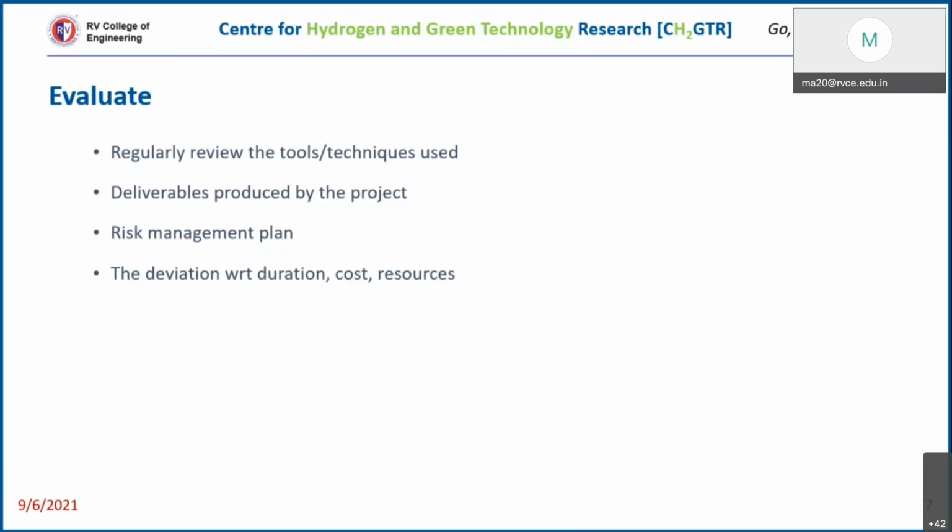Of course, anybody will do a project. If you do not evaluate at the end of the project what was planned, what did you do, what went wrong, and what were the measures that you took, that is very important. Introspection at the end of the project and clearly documenting it is important. And what is the key takeaway from this entire project? That is very important. So this is how you evaluate a project at the end of the project. So the last phase of the project. So this is about project planning and management.